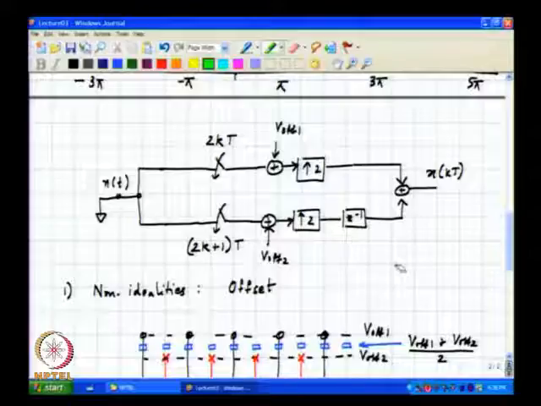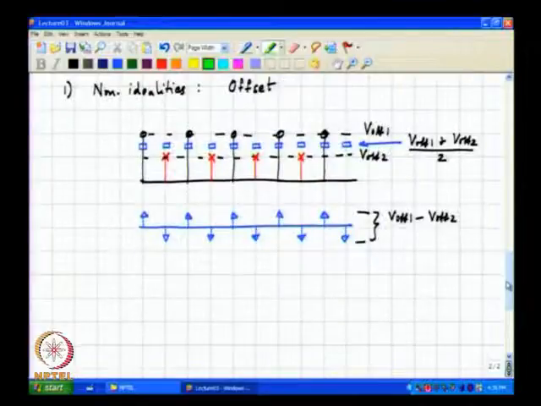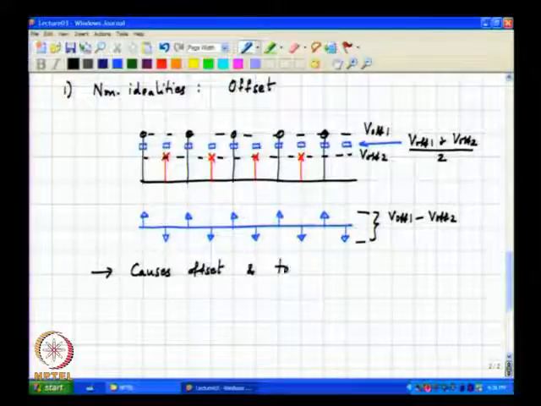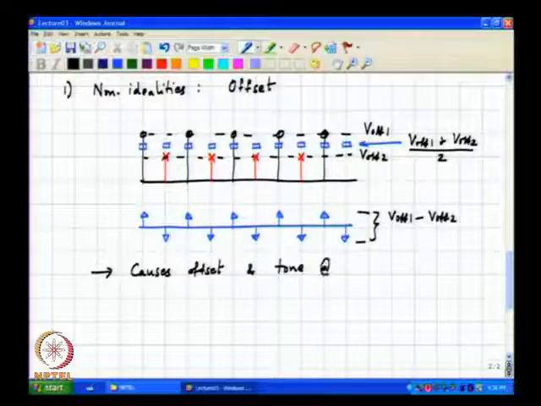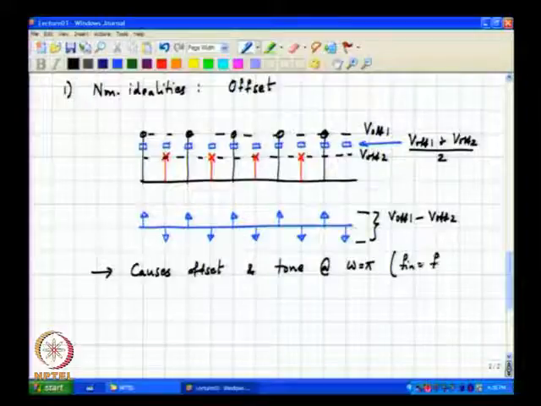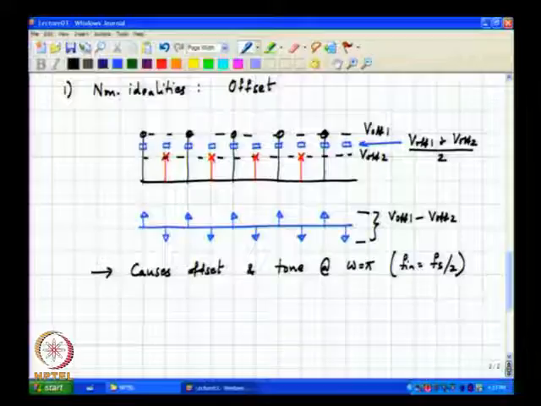Okay. Now, if the input was not 0, what do you think will happen? So, this causes offset and a tone at omega equal to pi, which corresponds to Fin equal to Fs by 2. Okay. Now, let us discuss what happens when, apart from the offsets, there is a regular input coming into the